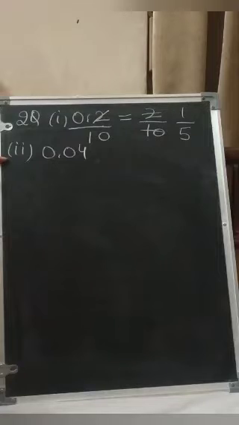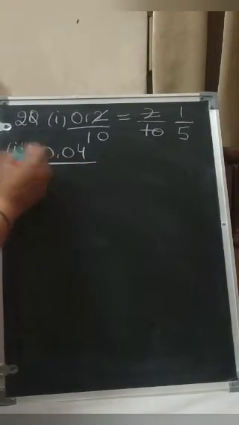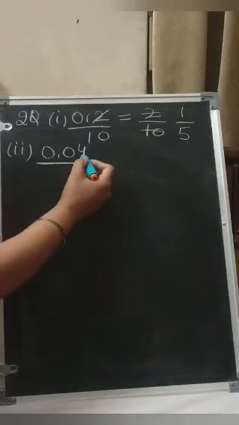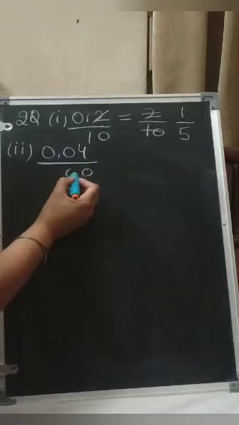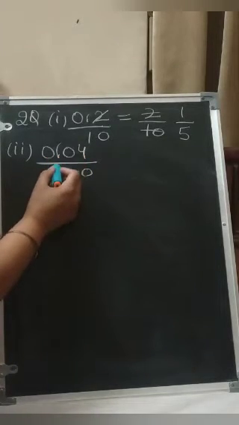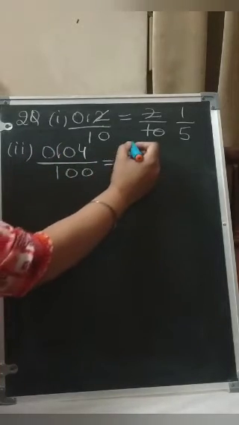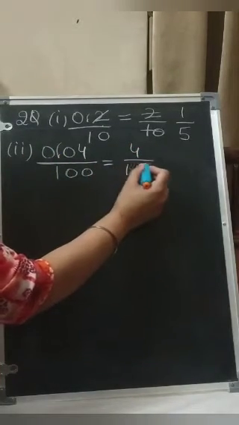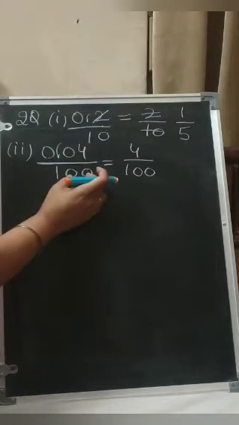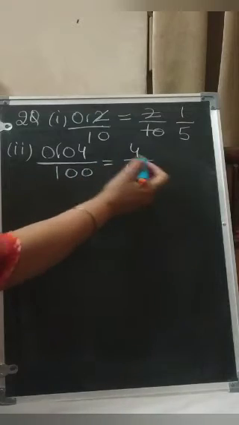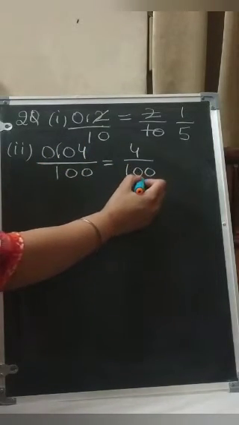One more question I will explain. So this is the question: to change into a common fraction. This 4 will change into 0. For this 0 also you will write here 0, and this point will change into 1. This number is not needed. So it will come 4/100. As many digits after the decimal as there are, that many zeros we will put down, and the point will be removed and 1 will come. Now you will change it into the simplest form.